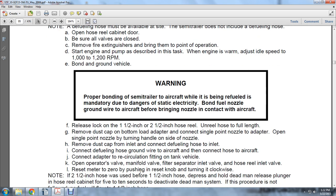Open the operator's valve manifold. Fill the separator's inlet valve and the hose reel inlet valve. Reset the meter to zero by pushing and turning the reset knob clockwise. Use the 1.5-inch hose to press and hold the dead man and release the plunger on the hose reel cabinet for 5 to 10 seconds to deactivate the dead man